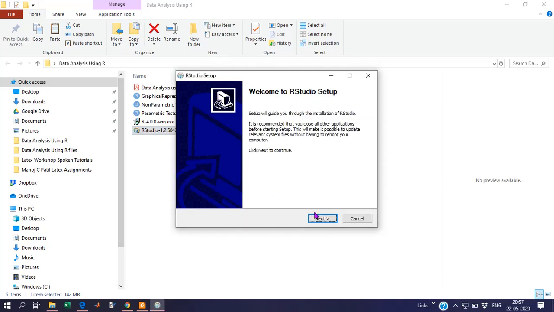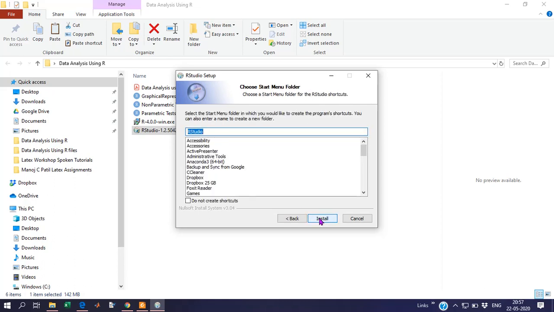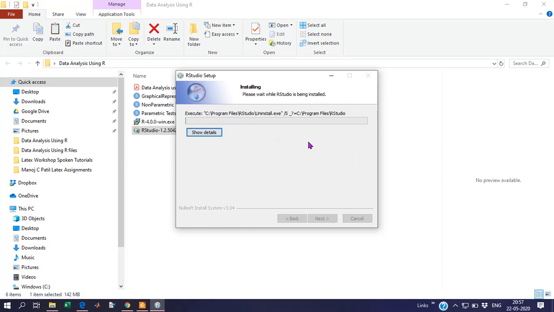Welcome to RStudio setup. Go ahead, next. Destination folder. The space required is quite large. I will go ahead to the RStudio start menu folder. It will install RStudio. We just have to follow the instructions by clicking next.